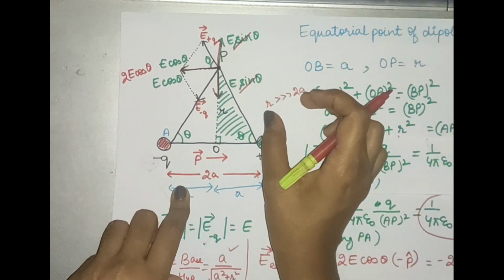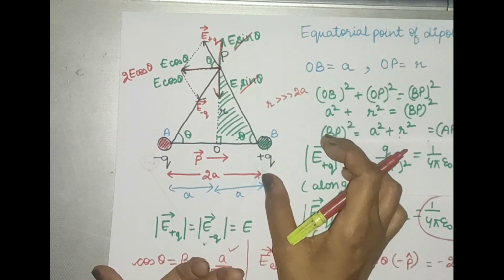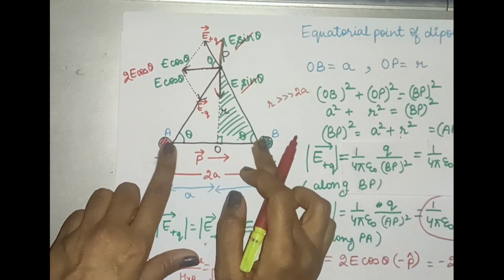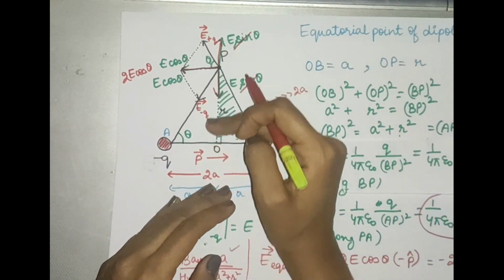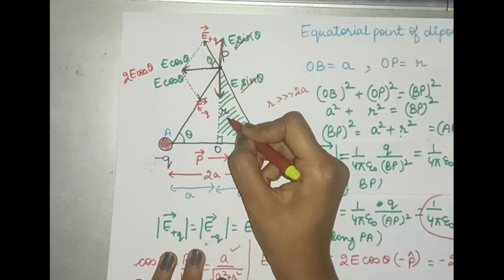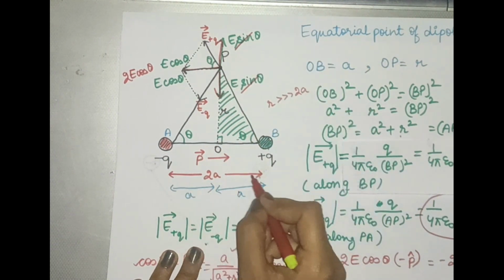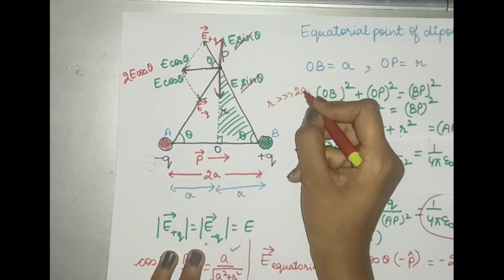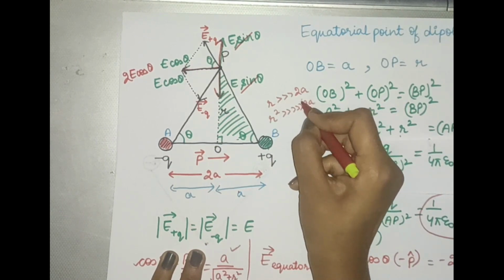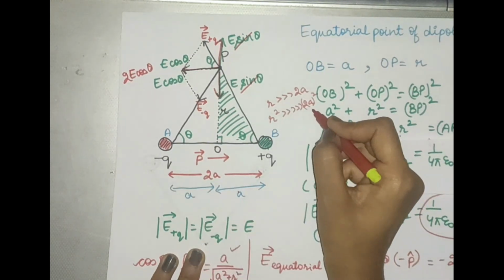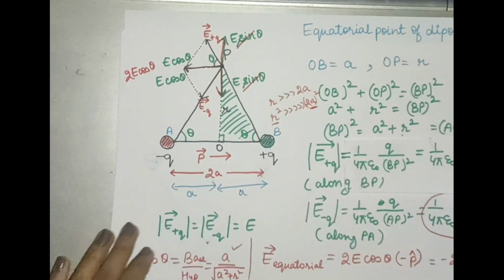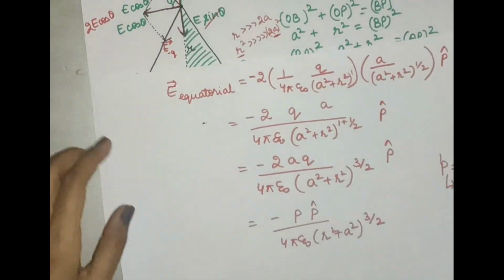In order to understand this concept, you can refer to my previous video. I have explained it in detail. I am repeating it here. Kindly see to it. Suppose the length of my dipole, which is 2a, is very small as compared to the distance of my point on the equatorial line, which is very far. It means this distance r is much greater than my distance 2a. So if r is much greater than 2a, then r square would be much greater than 2a whole square. So I can neglect this term 2a whole square with respect to r square. So I am replacing it.